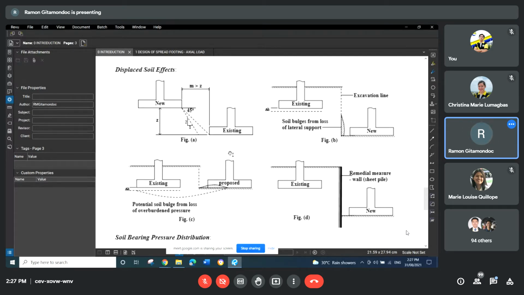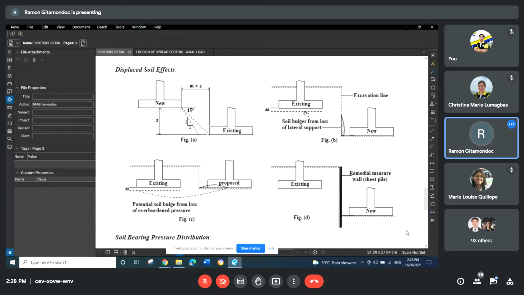Now, a more serious situation will occur if the new footing is to be constructed lower than the existing footing, no? Suppose this is the new construction here and you have here the existing building. So when you excavate, that will result into loss of lateral confinement of the existing footing, no? And it will push the soil horizontally, no? And causing the soil to bulge, no, on the open excavation side,